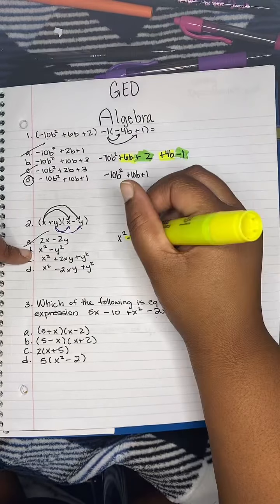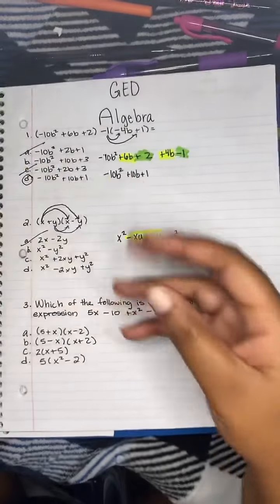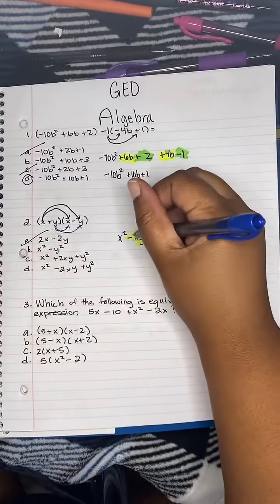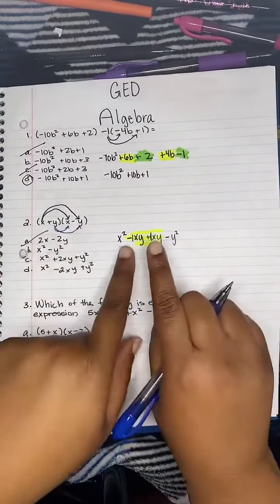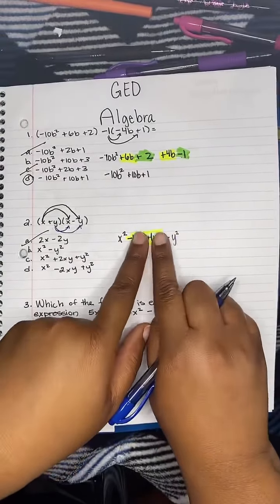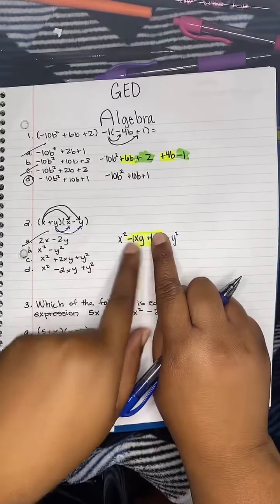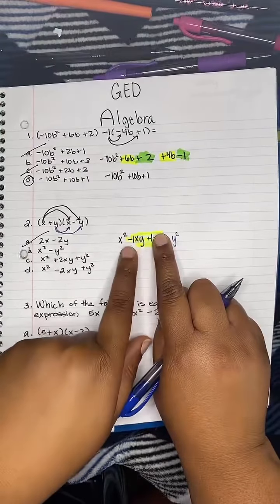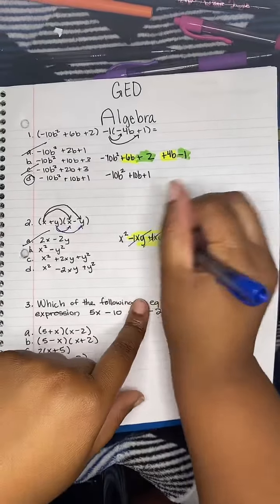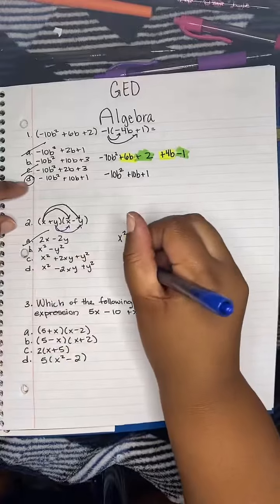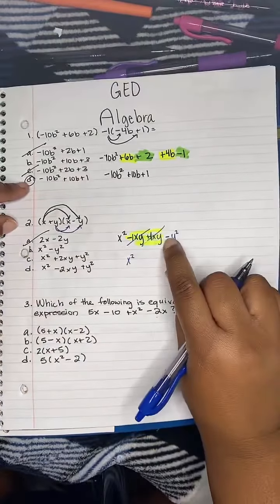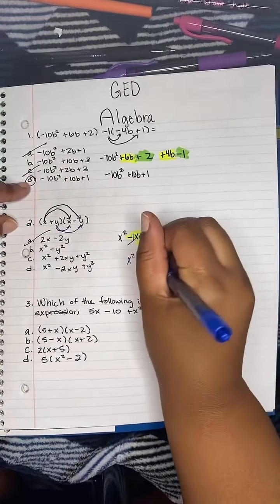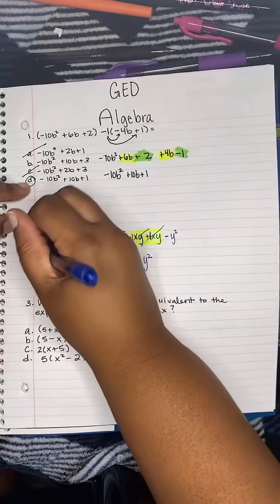Remember, every variable has an imaginary 1 in front of it. So really what you're looking at is, forget the X and the Y, you're looking at -1 plus 1. They cancel each other. So you're left with X squared, don't forget this sign on the Y, minus Y squared. And you guys were right on it. Whoever said B,